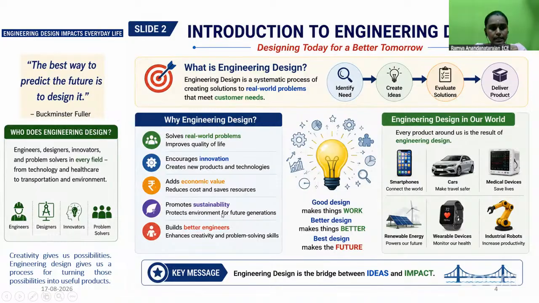So what is a design? Design is a creative possibility, but you cannot say it is just creative, because creativity gives us possibilities. Engineering design gives us a process of turning those possibilities into useful products. So it is a systematic procedure